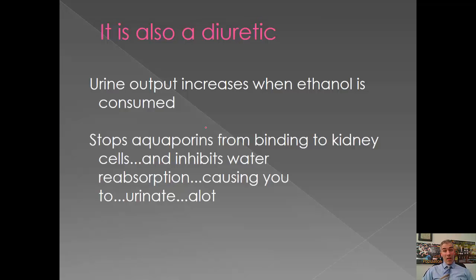Another cool thing is alcohol is also a diuretic. That means it causes urine output to increase. So when you consume lots and lots of alcohol, you tend to urinate more frequently. And that's because diuretics stop aquaporins from binding to your kidney cells. That thus,